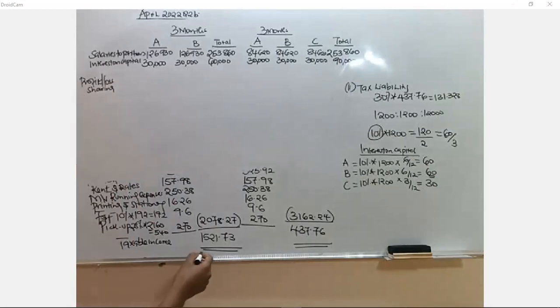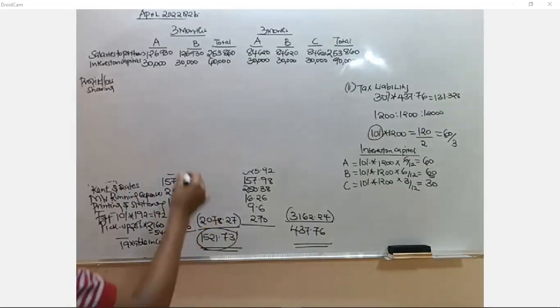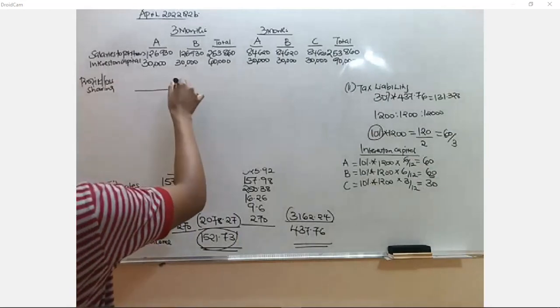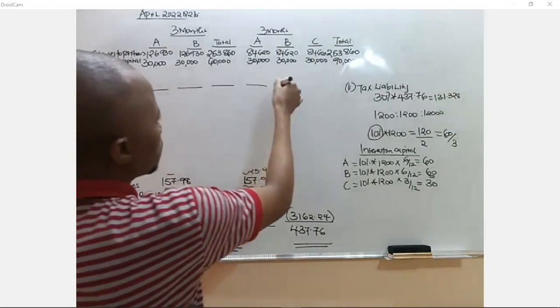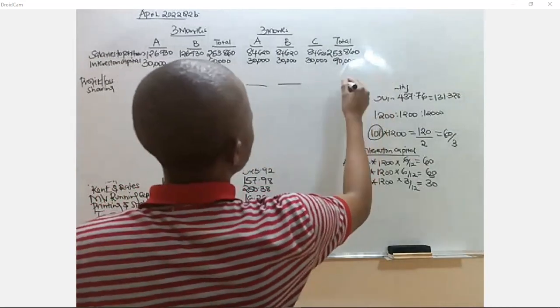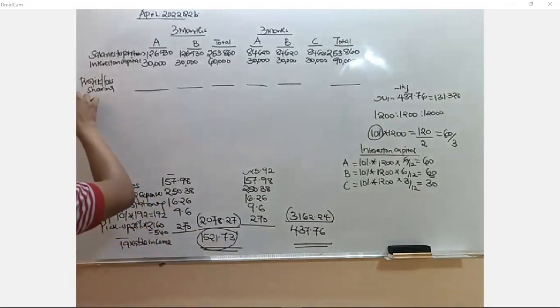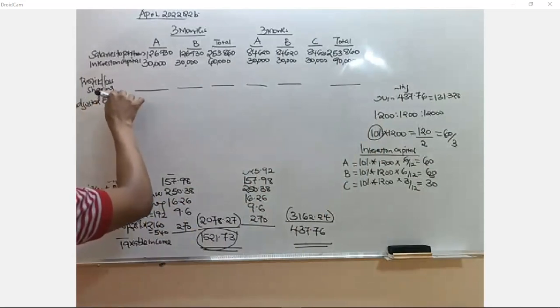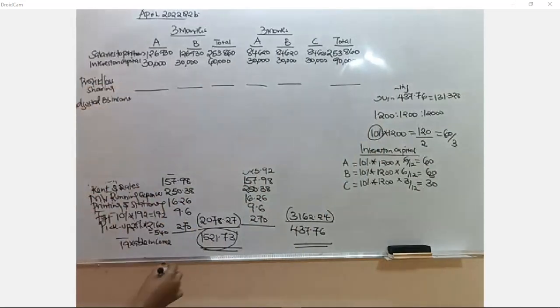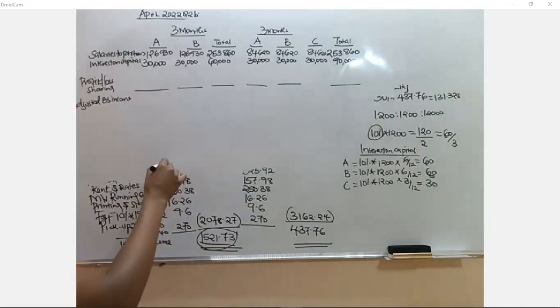Already the profit that we are discussing is this one. So in this case, we will balance that later. Let us first put it this way. So in this case, we look at the adjusted business income. The adjusted business income we got is 1521.73. If you divide by 2, right? By the way, let me multiply by 100. It means we are dealing with